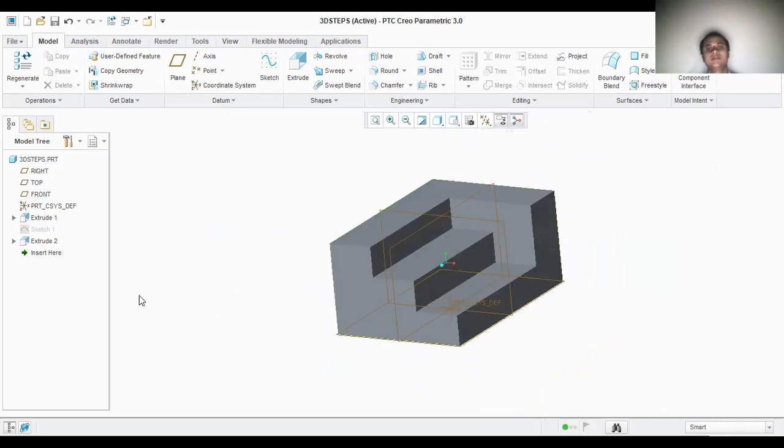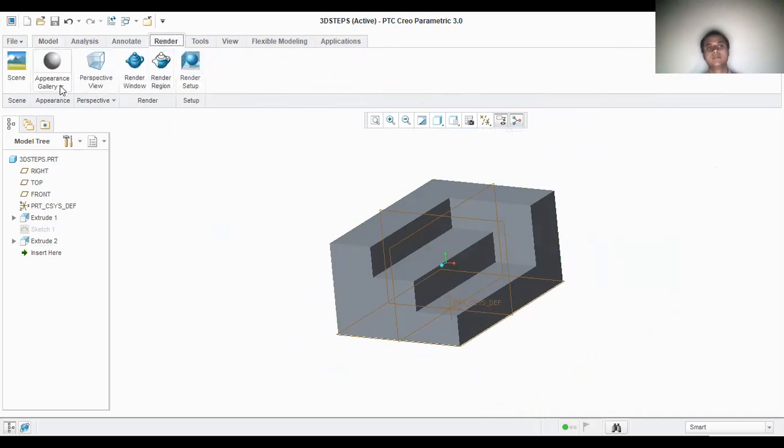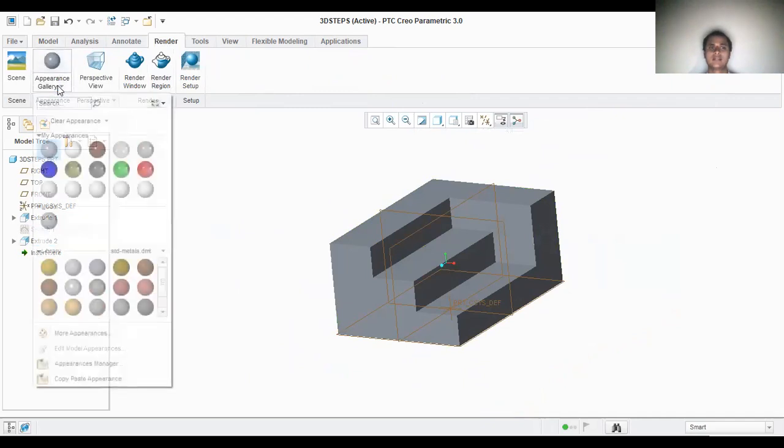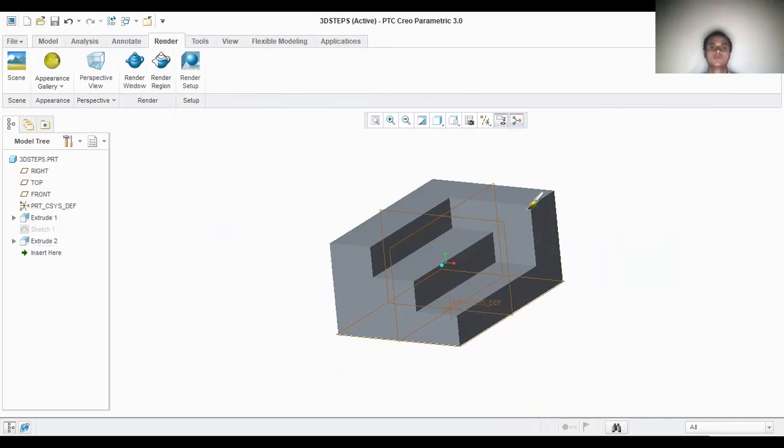And I need to give the dimensions, and I need to highlight that I have deleted this portion, because this was once a box. After applying extrude cut, it was deleted. So that's the reason I use a command called render. I click on render, then appearance gallery. In the appearance, I'll select the yellow color. It will ask to select one or more items. Then select this one, click control and select all the additional objects, and click OK here. So that it will be selected. So this is my render.